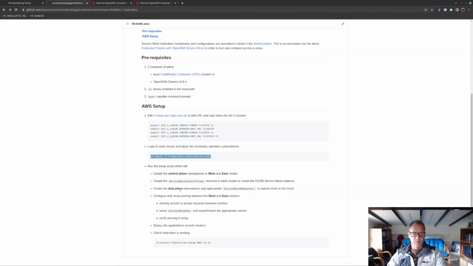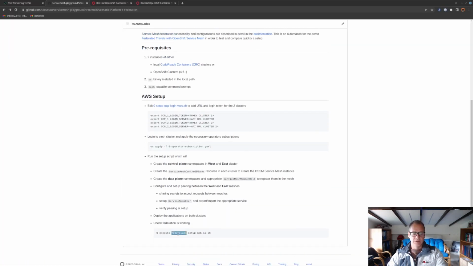With that out of the way, we will run now the script which will set up the service meshes and the federation amongst themselves. Now the setup, as it mentions here, is an AWS setup, and that is because there's some configurations in the script which are specific to the OpenShift clusters running on top of an AWS infrastructure. When we run the script, we will first create control plane namespaces on the East and West